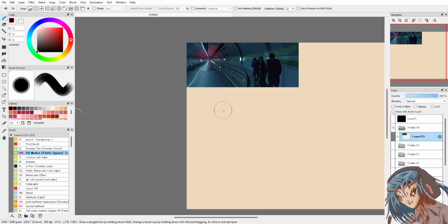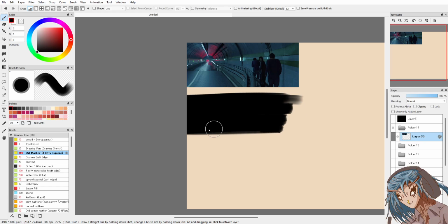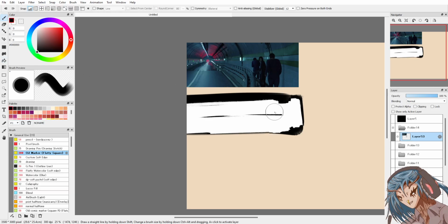Seen this one before. Wrong. Do something like that. These characters are soaked. I see leading lines with the lights.